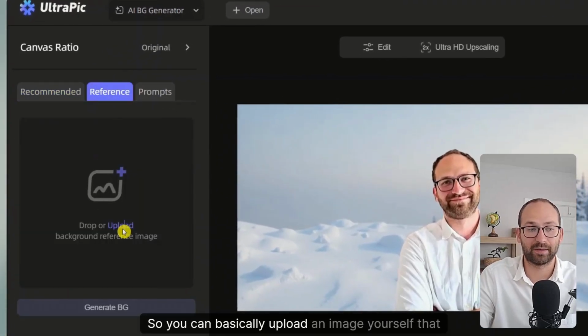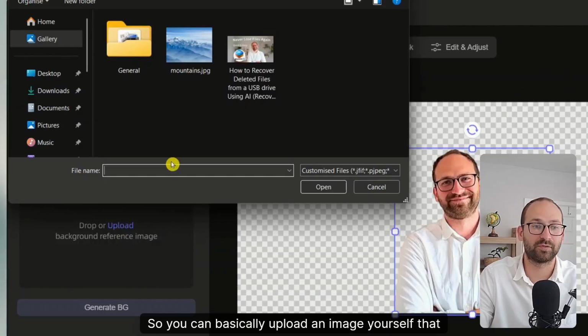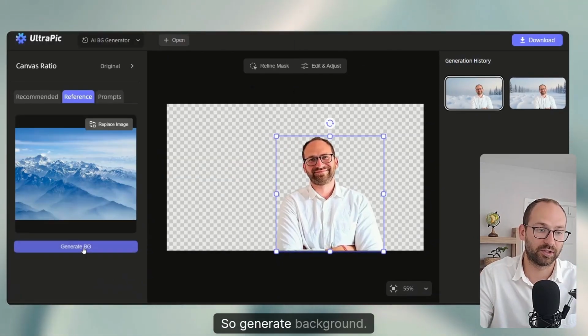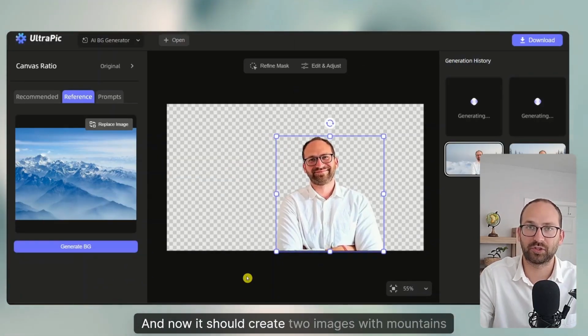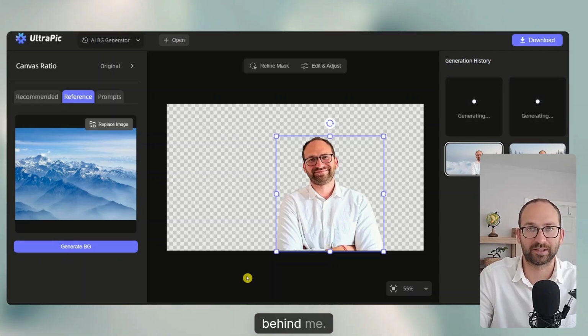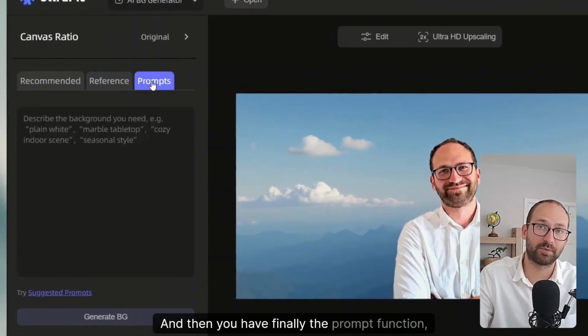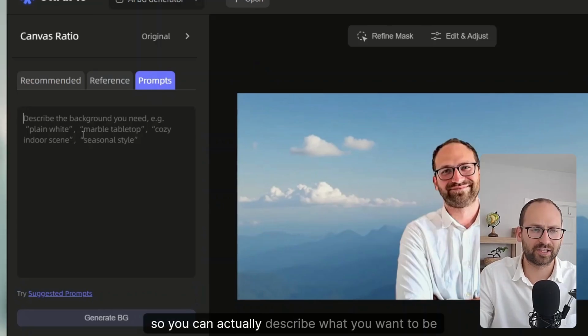So you can basically upload an image yourself that you want to be used as a reference for the background. So generate background, and now it should create two images with mountains behind me. Okay, so this is what it's created, and then you have finally the prompt function, so you can actually describe